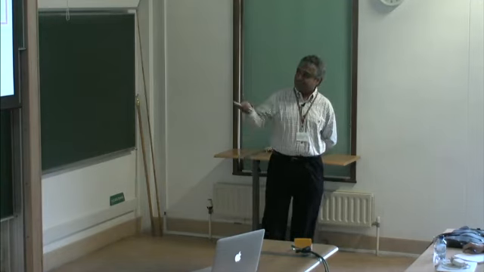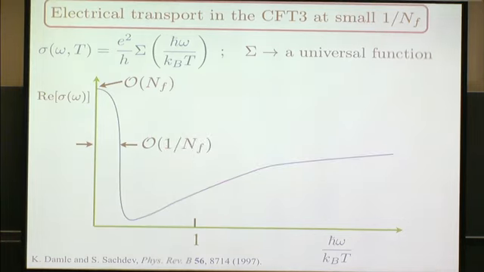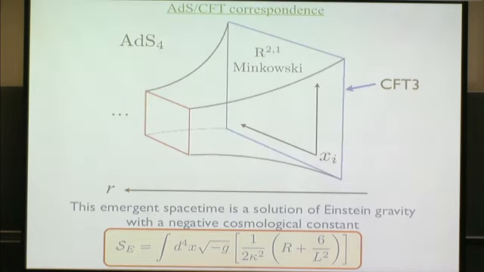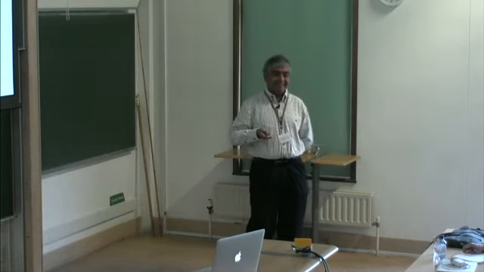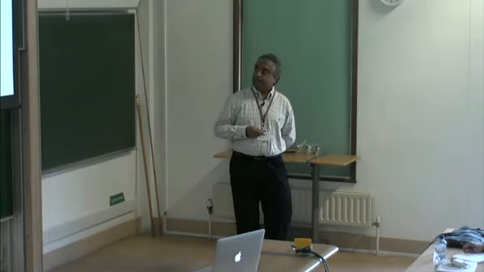Okay, but we are interested in small NF, and it is not at all clear whether this Drude-like picture will survive at small NF. So at small NF, you do holography, and this is the simplest Einstein-Maxwell theory, and as Gary has already told you, it has a rather trivial sigma of omega, which is just a constant, very different from this free weakly interacting limit. So you have to now add